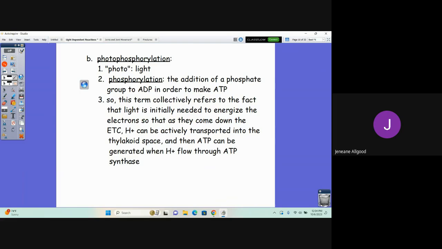So yes, I'm writing that out in your notes, but I want you to understand the light reactions well enough that you don't memorize this. If you understand step by step what's happening in the light reactions, which I think you will, if you don't already understand it, I think you will understand it better once you go through this poster